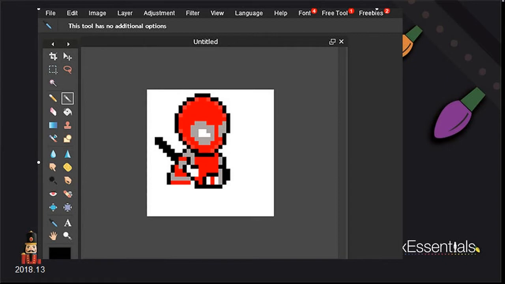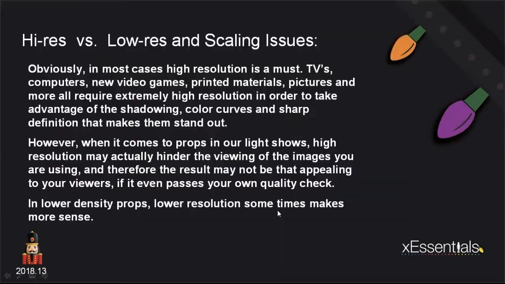This is the Pixel Art site that I told you about. It's very similar to Piskel, and again, you can get your images drawn. Remember, though, we're talking low resolution, and these things are not going to be crisp and sharp. High resolution and low resolution scaling issues. Again, obviously, with high resolution images,